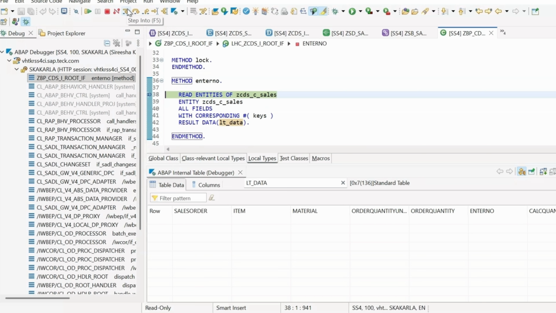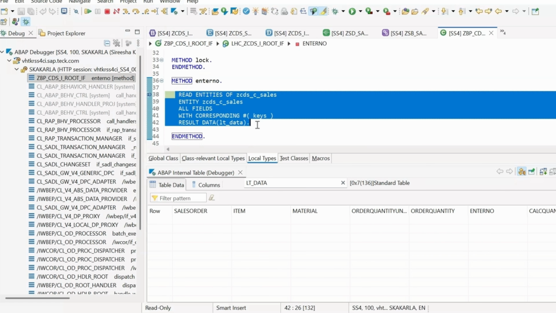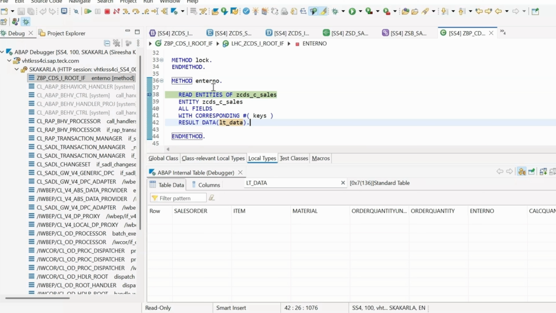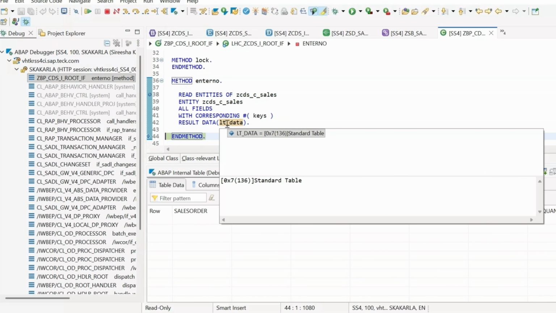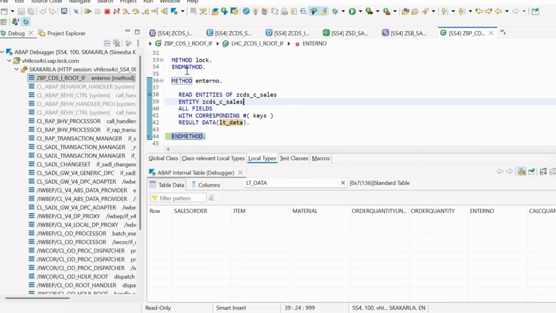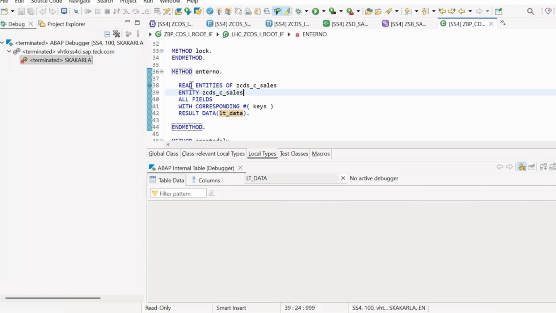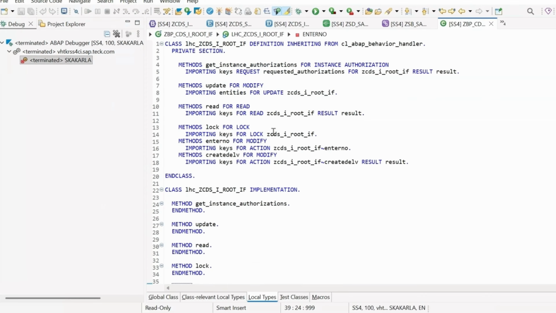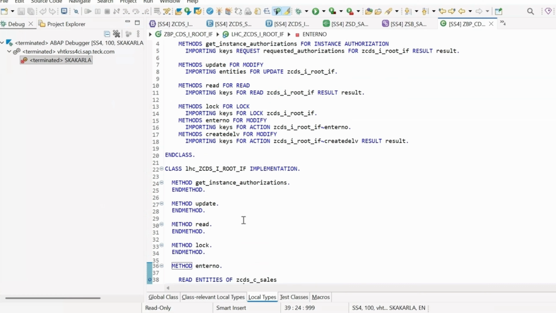So in an unmanaged scenario, what you have to understand is that if you are using read entities, implicitly it will go to the read method and there you have to write the code. Then only your read will work. Else it won't get any data. If you are seeing here, we don't have any data. So let us implement the read. Let us go to our read method. This is my read method